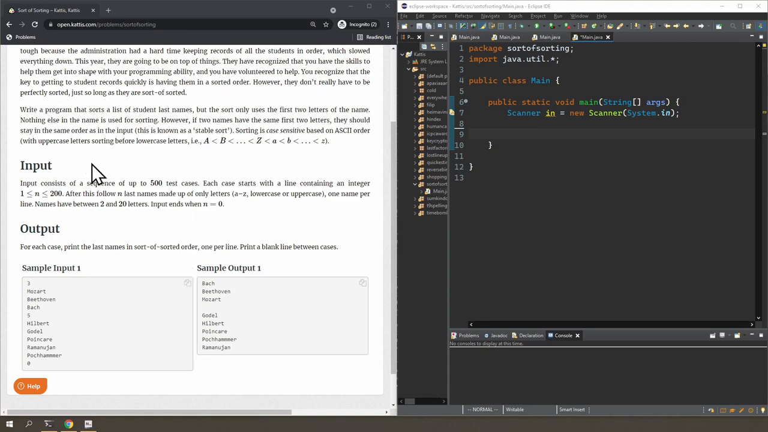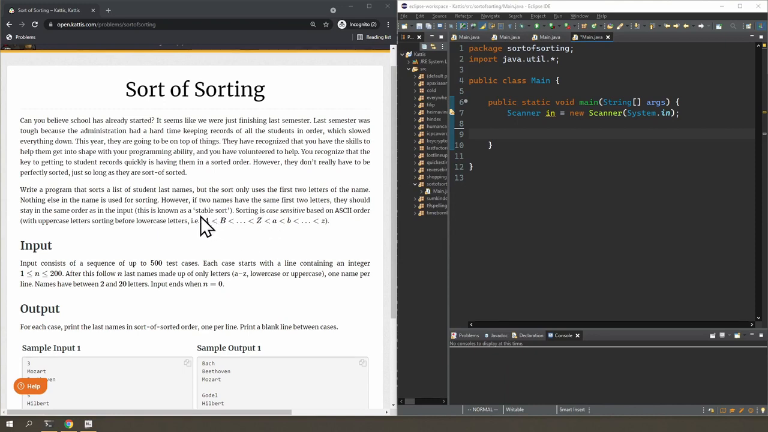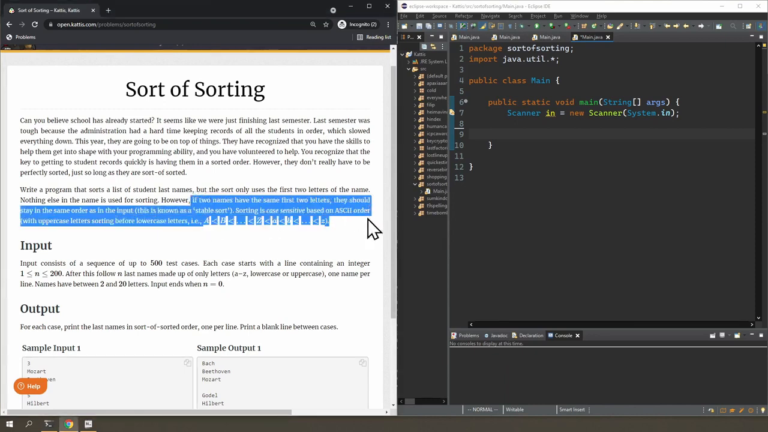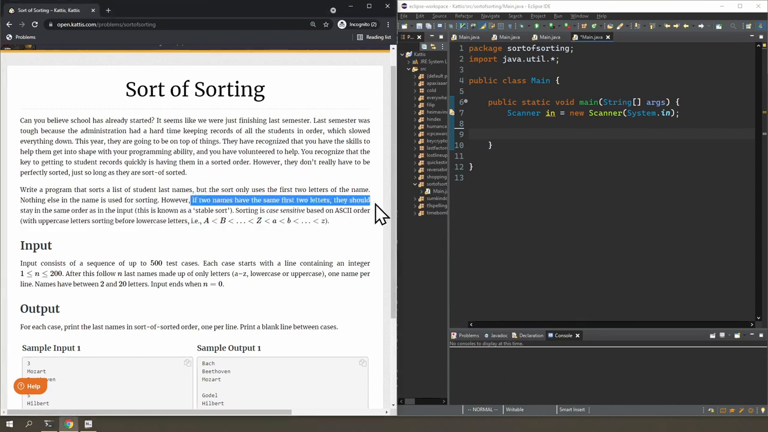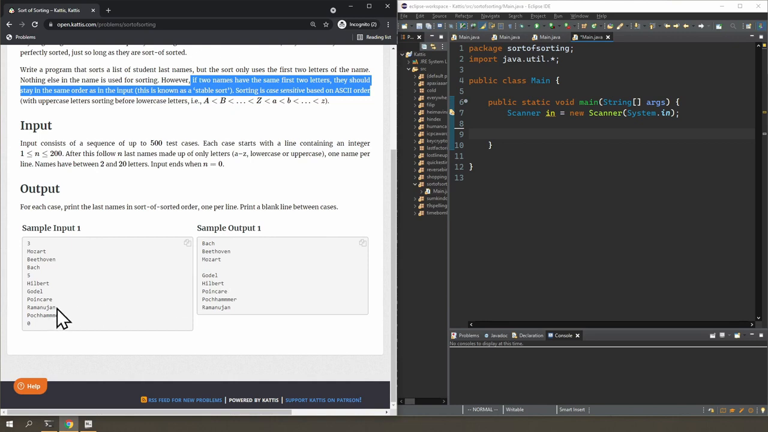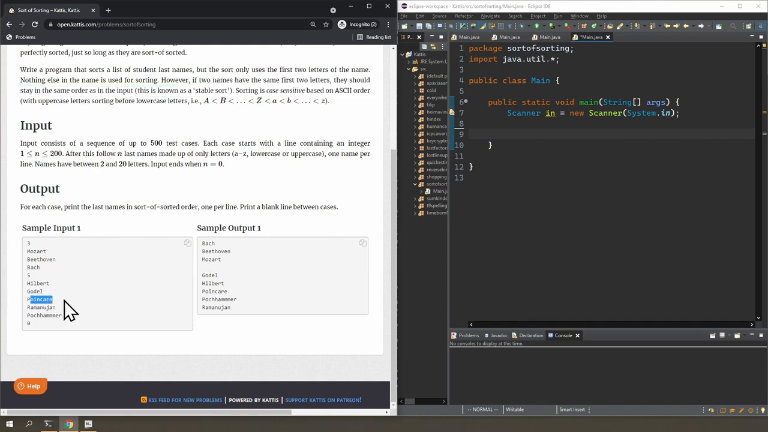If you read the second paragraph here, it says if two names have the same first two letters, then they should stay in the same order as the input. As in, well, there's an example here. I got Poincare and Pochhammer. So if you sort this alphabetically,